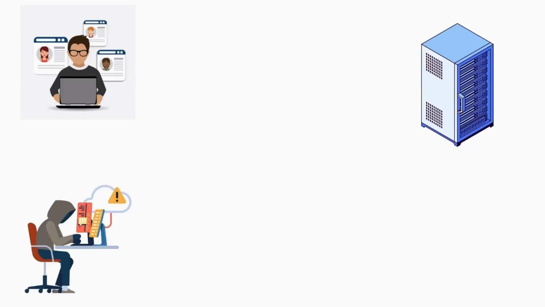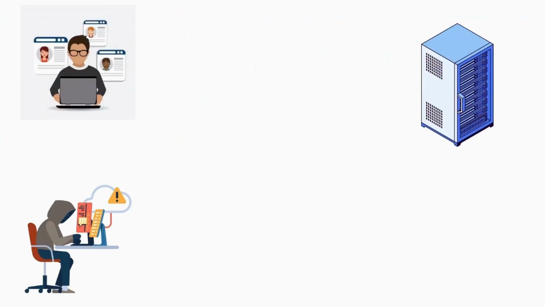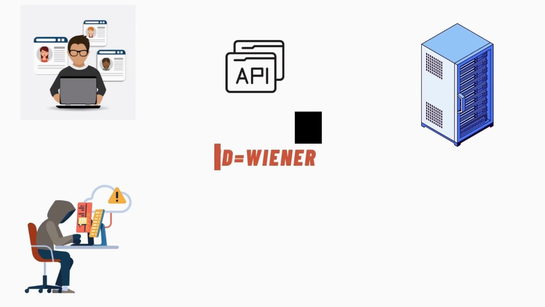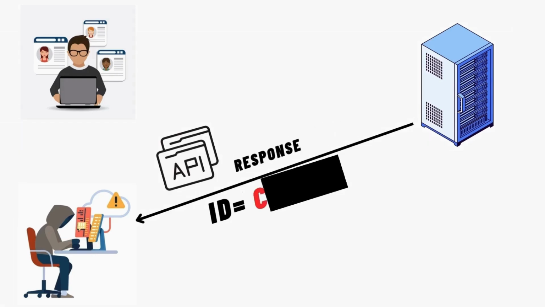A user sends a request to a server to retrieve an API key for the ID Wiener. Once the request is sent, the server validates it and provides an API key for the current user by checking the ID. In the same way, an attacker sends a request to the server by changing the ID to Carlos. Since the server validates the ID Wiener, changing it to Carlos results in improper access control, granting Carlos's API key